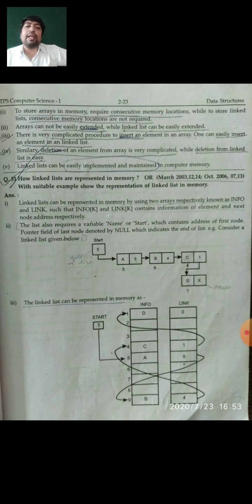Inserting a new element in an array is very complicated. Inserting a new element in a linked list is very easy. Similarly, deletion of an element in the array is very complicated. Deletion of an element in the linked list is very easy.